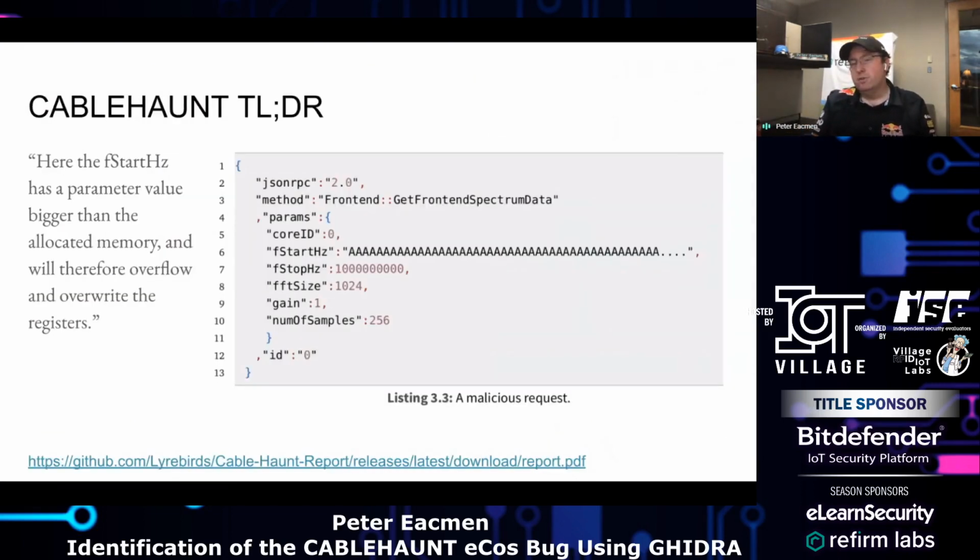It's also useful to look at the CABLEHAUNT vulnerability itself. So these are just snippets taken from the report that was published on CABLEHAUNT.com. But you can see the vulnerability is pretty straightforward. You put a malicious buffer in a parameter called fstart hz or fstart hertz, and it causes a buffer overflow. And so you can see that this is